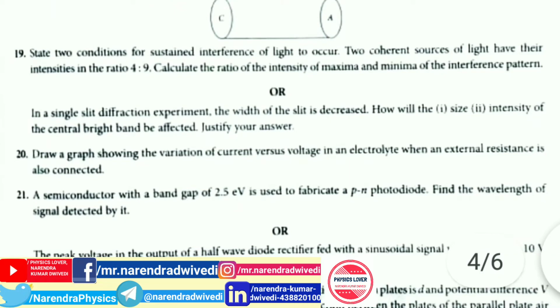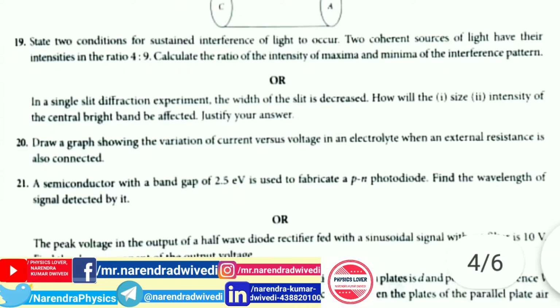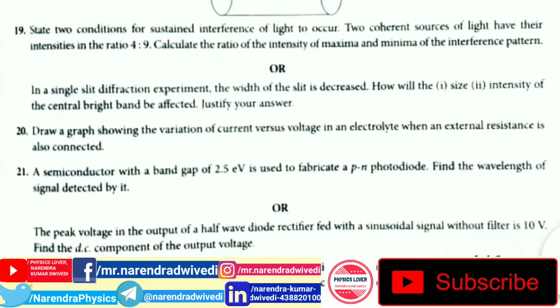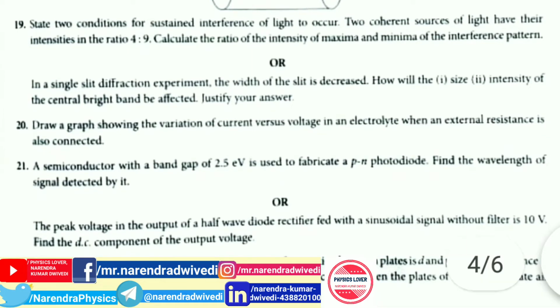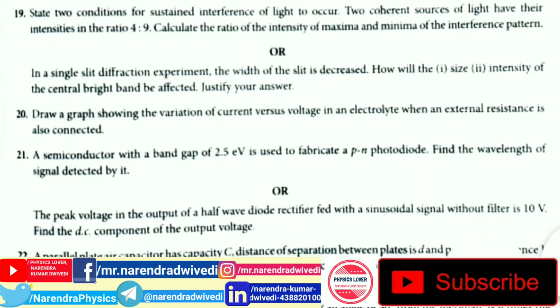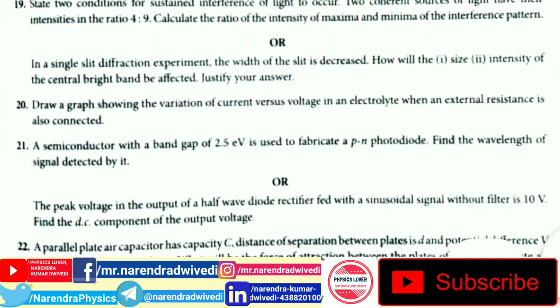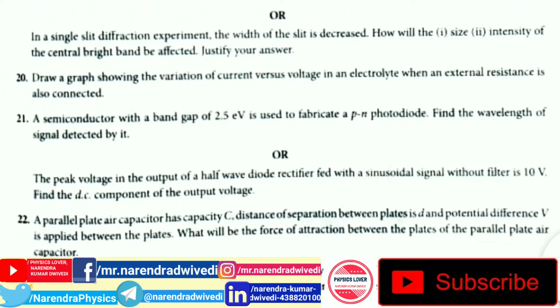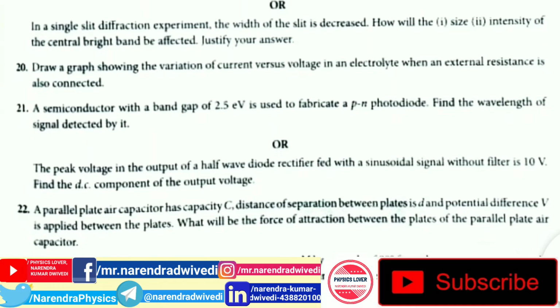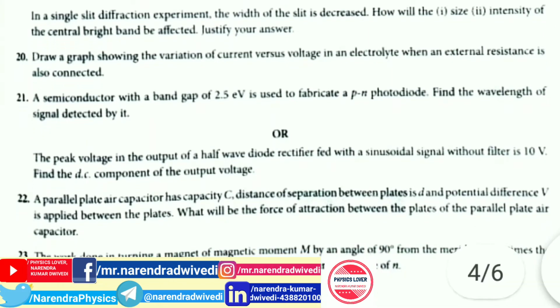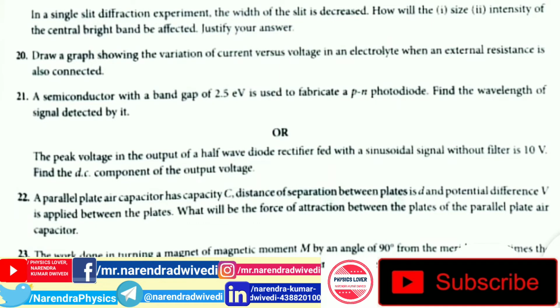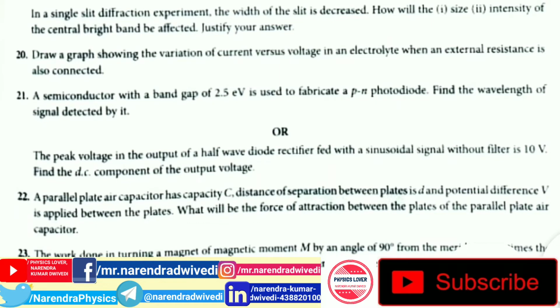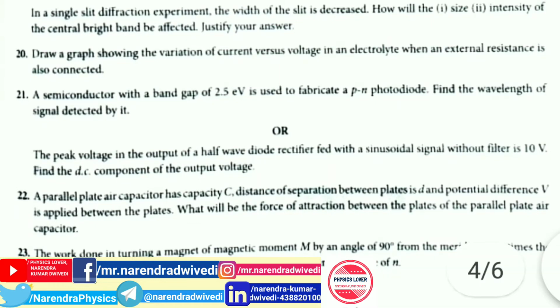Question number 19. State two conditions for sustained interference of light to occur. Two coherent sources of light have their intensities in the ratio 4:9. Calculate the ratio of the intensity of maxima and minima of the interference pattern, or in a single slit diffraction